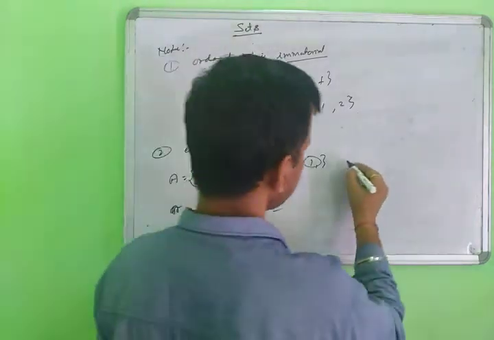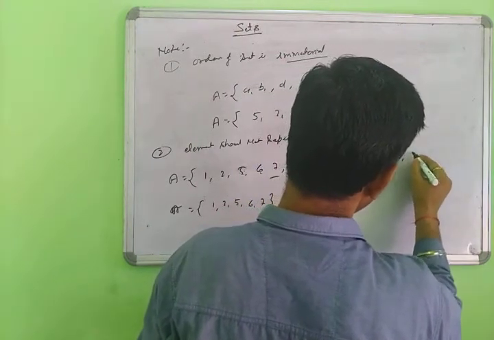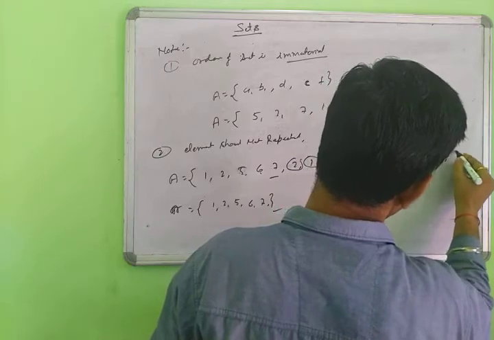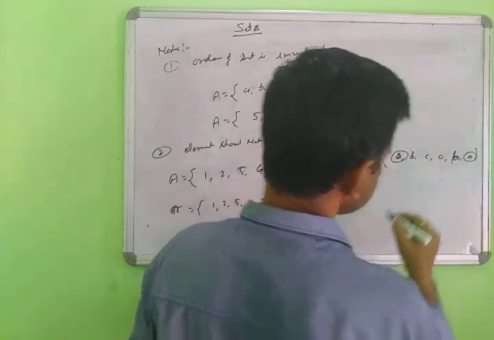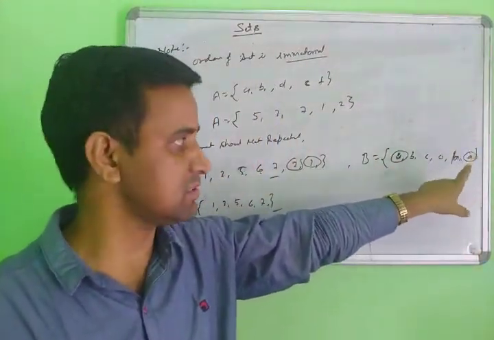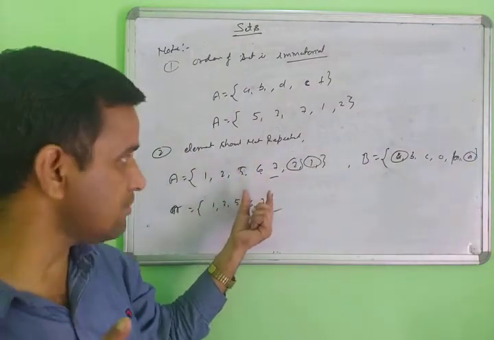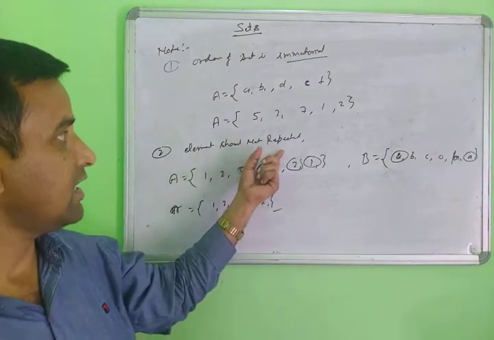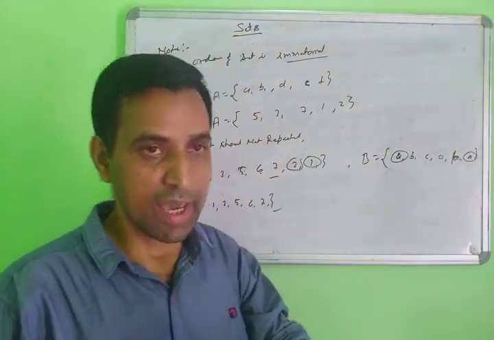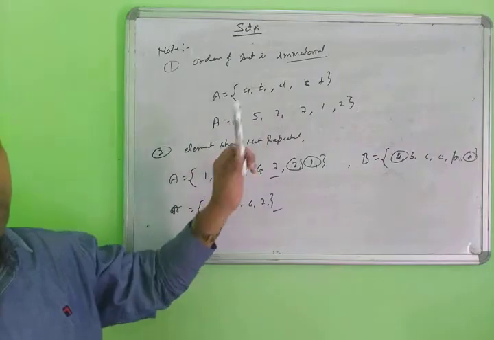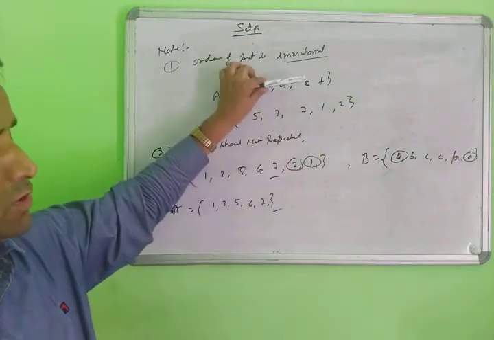Same thing with alphabets. Suppose set B is A, B, C, O, P and here again A. This A is used again, which is not required; you use it one time. Any member, any object, any element will be counted only one time. The elements should not be repeated, and the order should be immaterial. You can write in any mixed order, A, B, C or A, B, D, C, F. It does not matter.